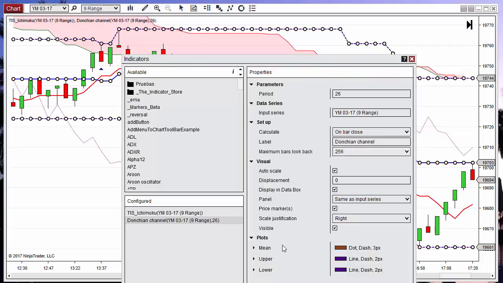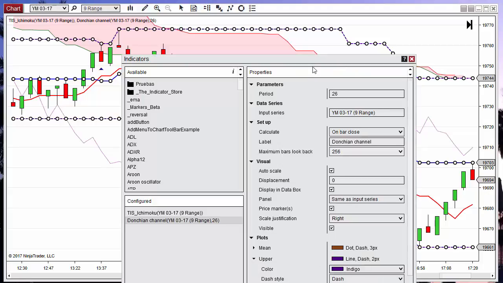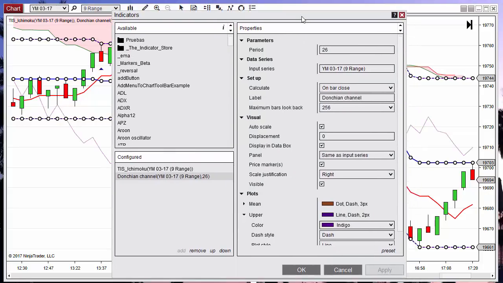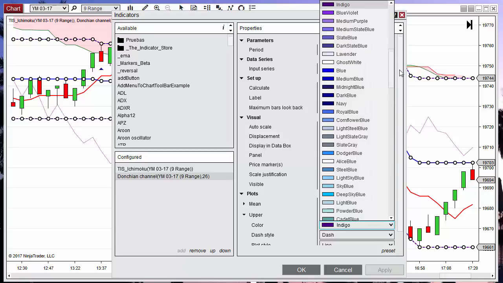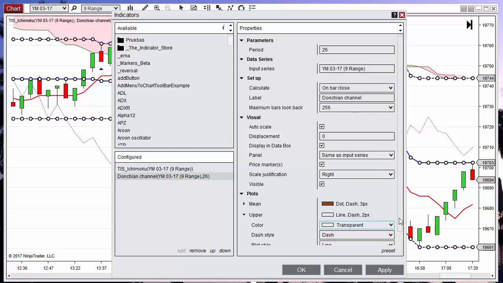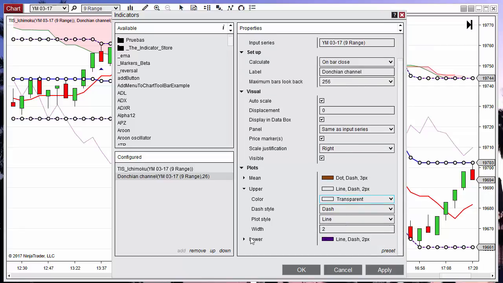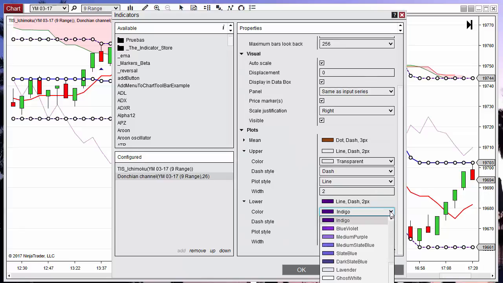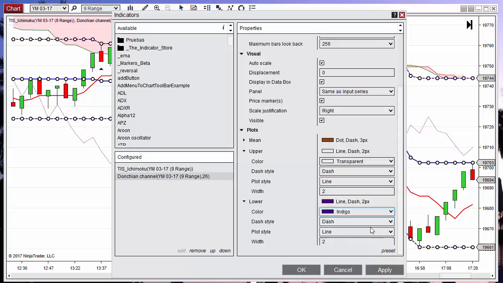So now we can hide the high and low lines. The Donchian channel is very useful to detect breakouts or high and low pivots, but in this case we are only interested in the median line, so we can hide the upper and lower line of the Donchian. So we make them transparent,